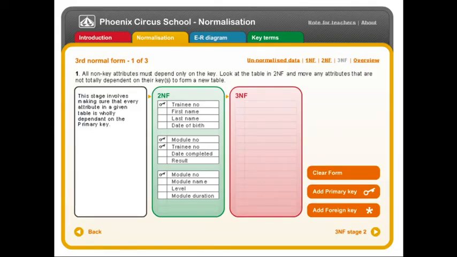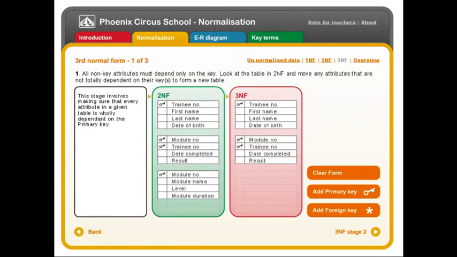So then, as we can see, we've decided that these are in second normal form, so they're in third normal form here. So we've got the trainee table, and the table with the composite key, which we called results, is already in third normal form as well. So we're going to move